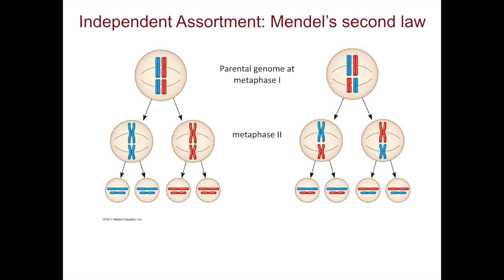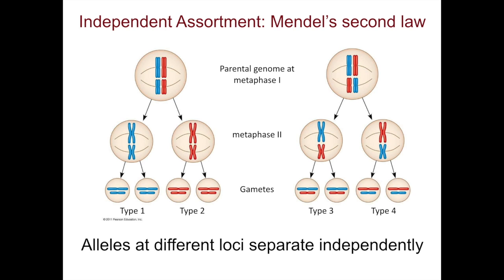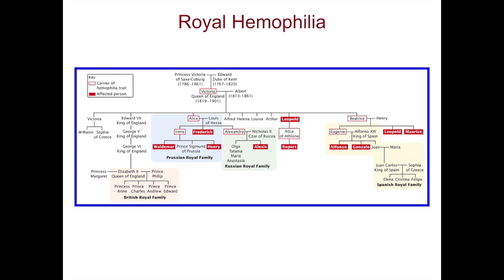After metaphase 2, this produces four types of gametes. This process of meiosis ensures that alleles at different loci separate independently, and we will be discussing this more in the next lecture. Ideas about genetics began to influence human health, and one of the great examples of this is